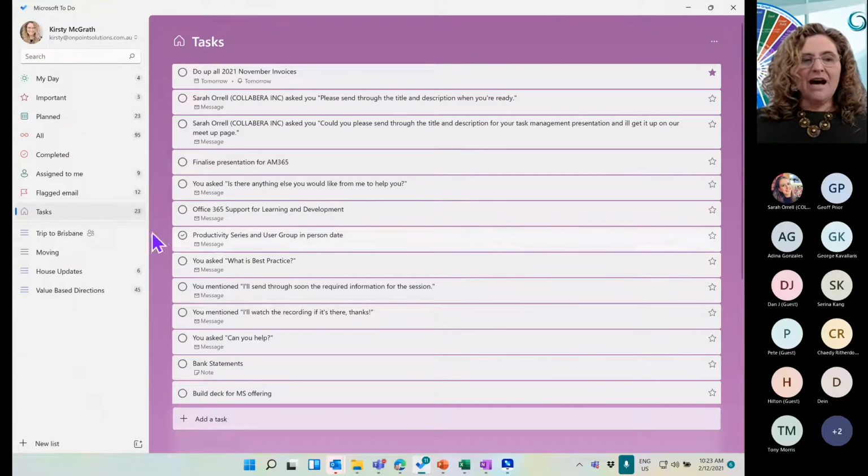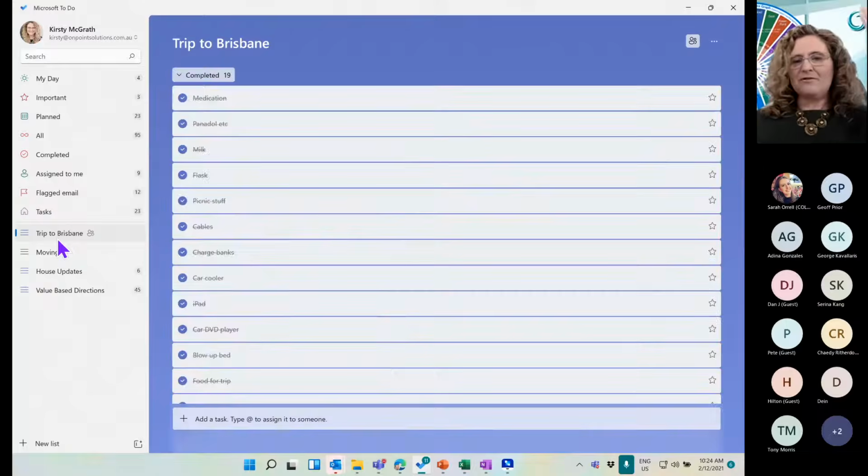When I've got my tasks, I also have in here things like I'm going to go on a trip to Brisbane. On that trip to Brisbane, it was when we could do the flow through between, and it was one that I actually had shared with my daughter. I was so lucky. I was going to get in a car, and at the time it was with a 3-year-old, and there was a whole heap of things that we needed to have and be ready for the trip to Brisbane. So I went, okay, what are all the things that we need to do? Get the car and get ready.